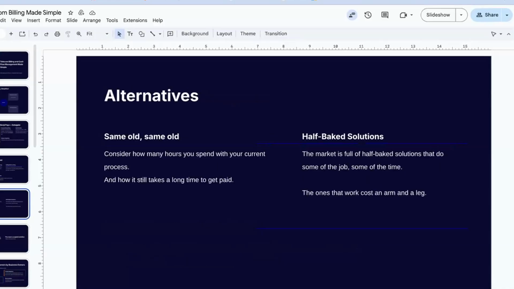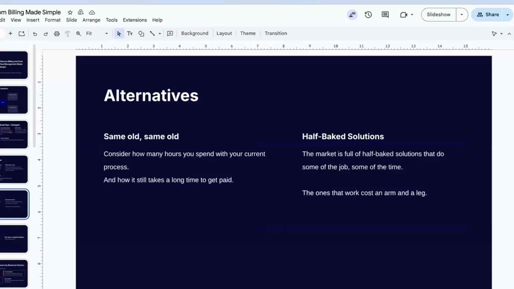So what can you do about it? You have a few alternatives, right? You can just keep doing what you're doing. So if you have a system that's not fully automated, or you have someone doing this work all manually, you could keep doing that, but it's not going to make anything better. You could work with some solutions that aren't built for your type of business, or maybe aren't fully automated and integrated with all the tools that you use. But that's only going to alleviate part of those problems, right?